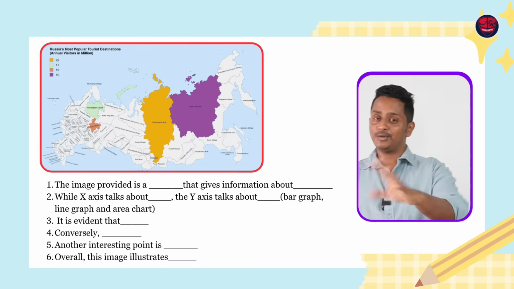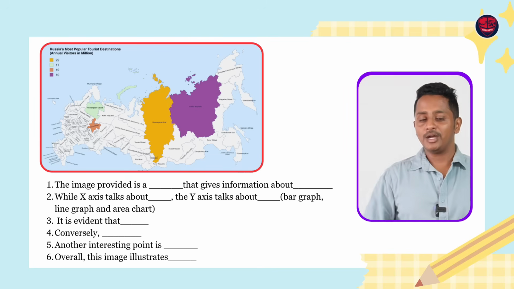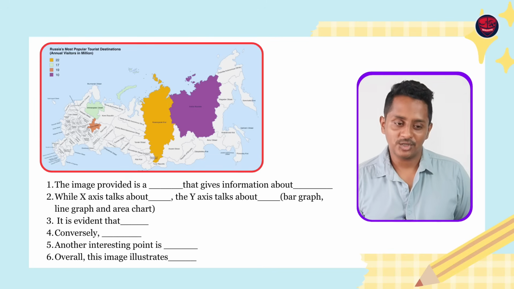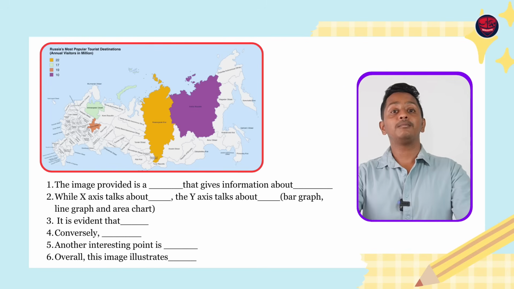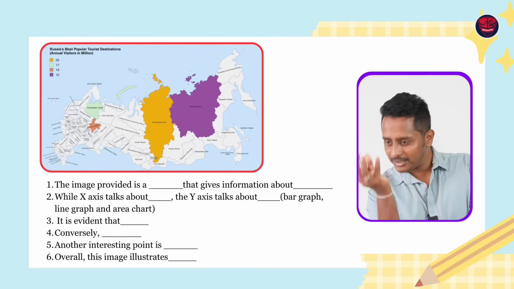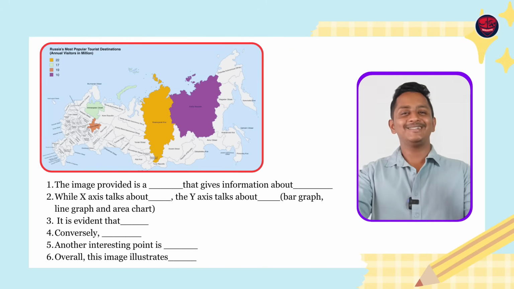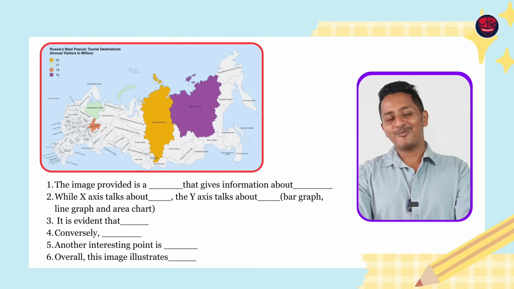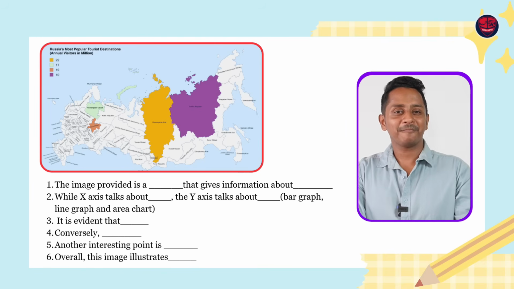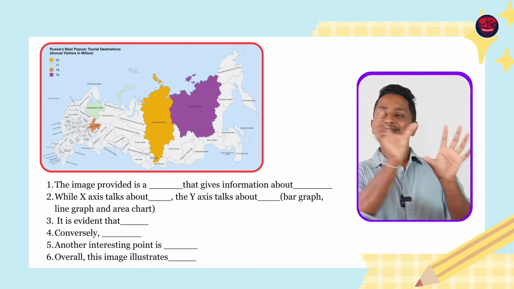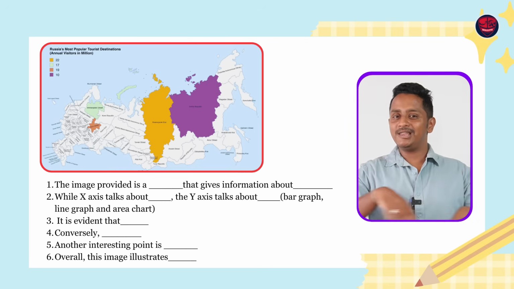Also, this image is a beautiful image which has a lot of things about Russia, popular destinations and tourist destinations. Also in annual visitors in million, which indicates that a lot of people do come here, blah, blah, blah. You represented one particular thing and then took charge. You just spoke something on your own. I have seen people, very brilliant people, use a template where one sentence they speak, and the rest all the template will cover.